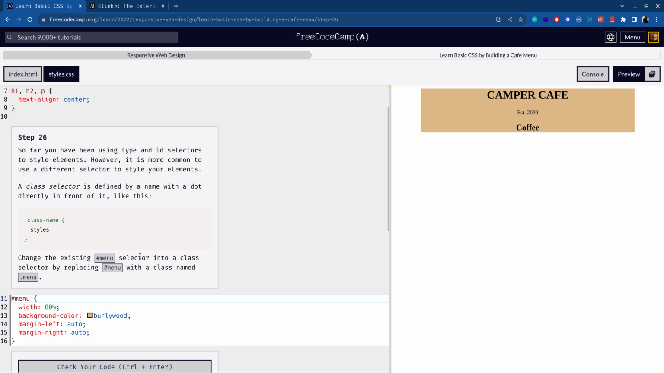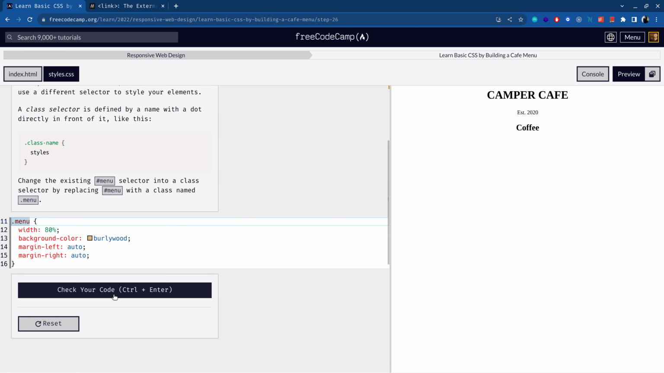So far you have been using type and ID selectors to style elements. However, it is more common to use a different selector to style your element. A class selector is defined by a name with a dot directly in front of it. Okay, so let's change this ID selector to a class selector. So I can remove the hash and put a dot in front of the name, and then it will select the element which includes the class name menu in it. So check my code. Yeah,